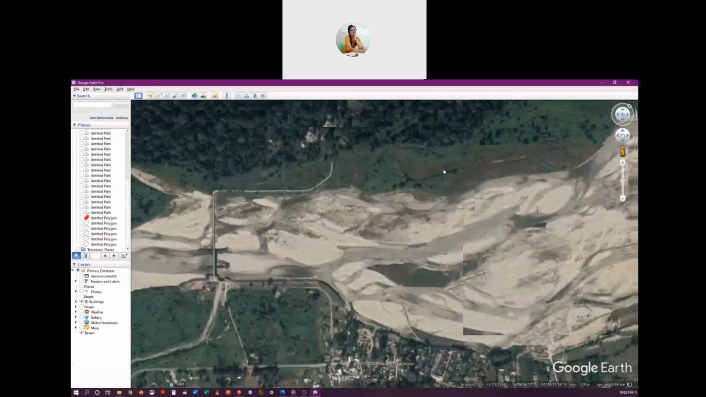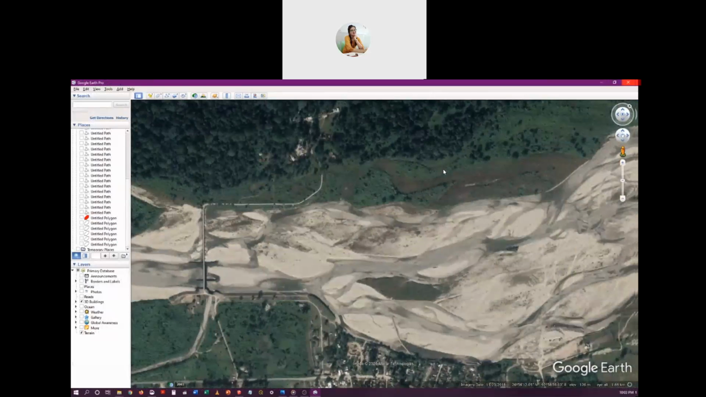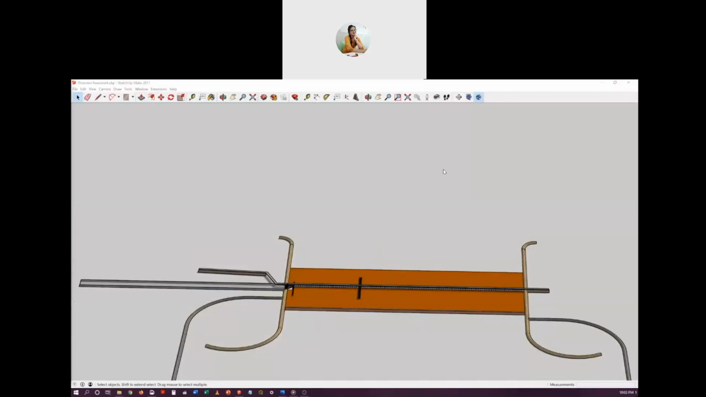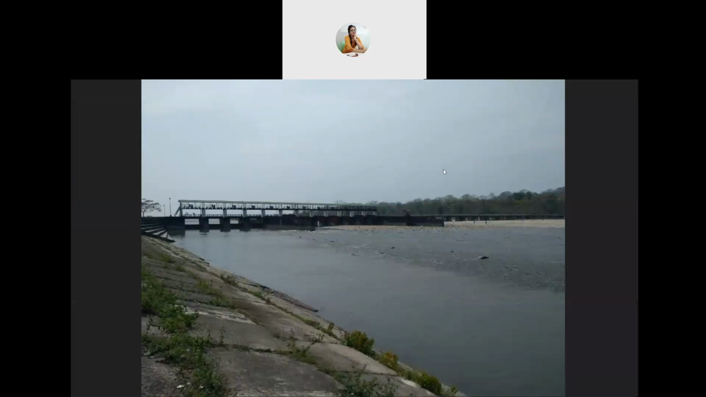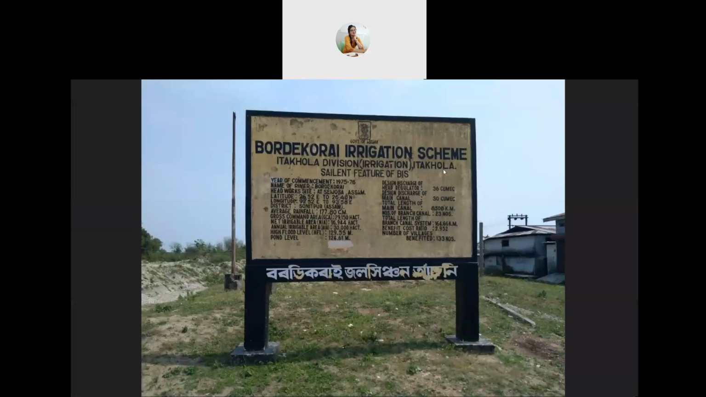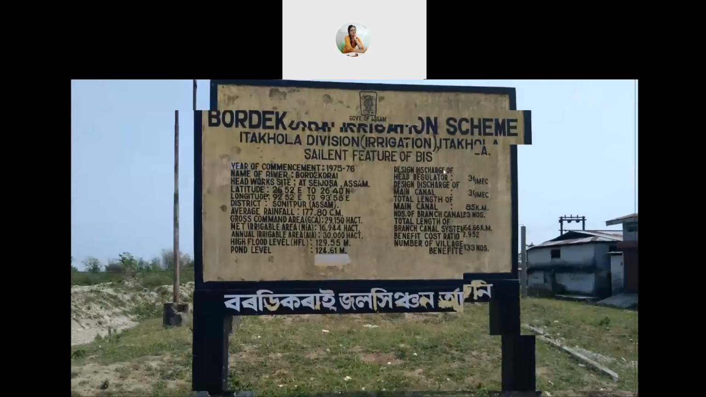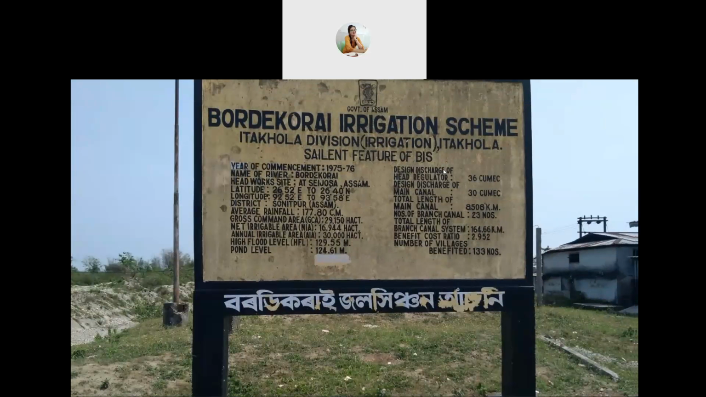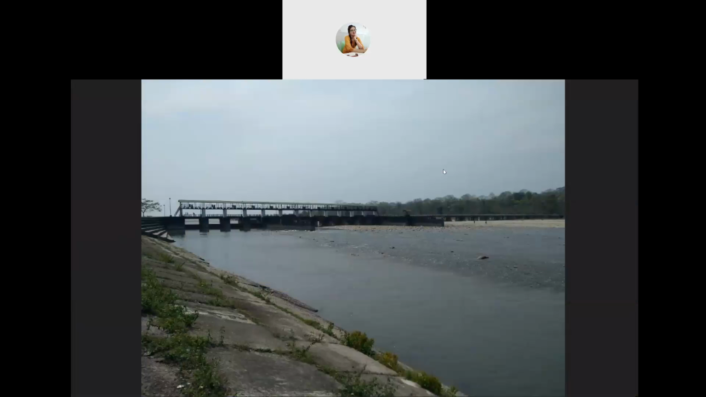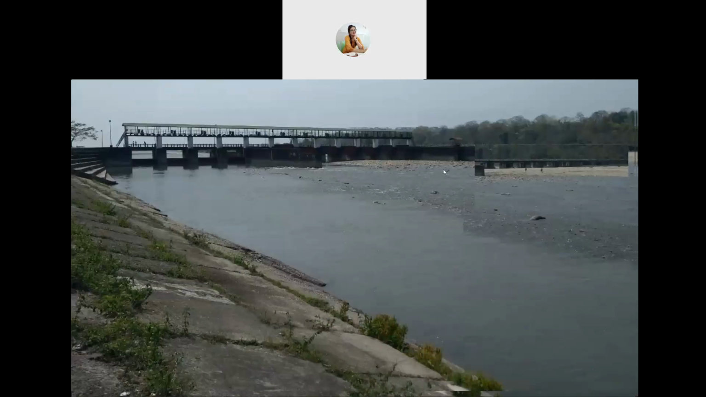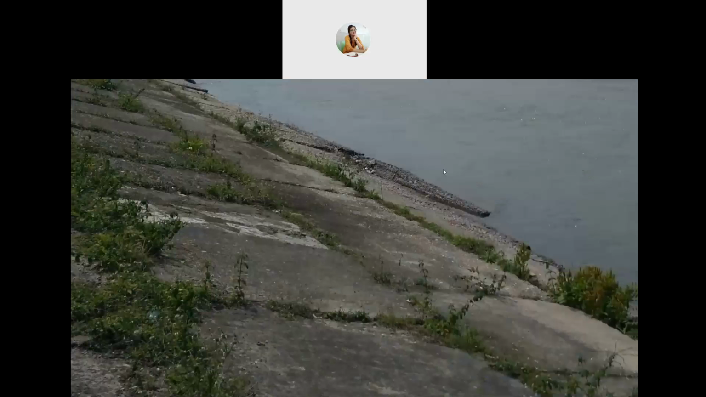Now, I'd like to show you some pictures of this project that I visited a few years ago. This project is called Bordikarai Irrigation Scheme near Arunachal border. This is a picture taken from the upstream. Here I was standing on the embankment, the guide bank. You see the slope of the guide bank is protected with this kind of concrete blocks, and